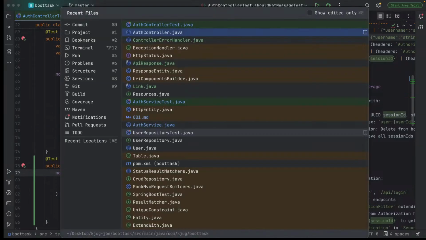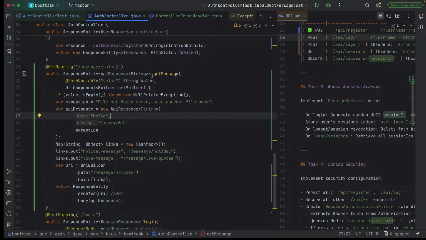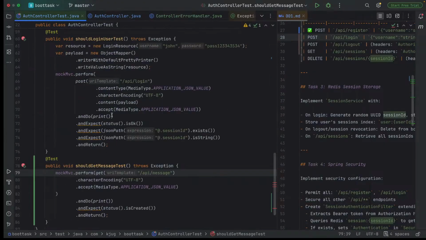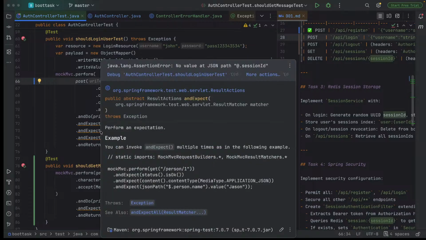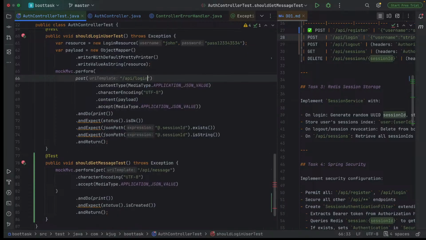I should have used params. Okay, I'll just pass a blank path variable. Okay, can't pass a blank value here. How do we test this? It's actually here, I have to use parameters. Let me pass something like